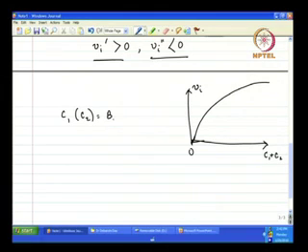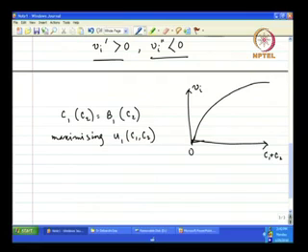This is also called B1 of C2, that maximizes U1, because U1 is the payoff function for player 1. So, I have to maximize U1 with respect to C1, because on C1 player 1 has control, on C2 player 1 does not have any control. So, max with respect to C1,